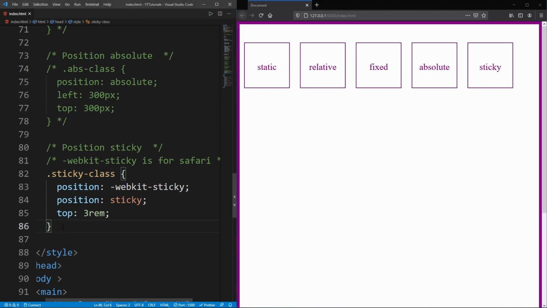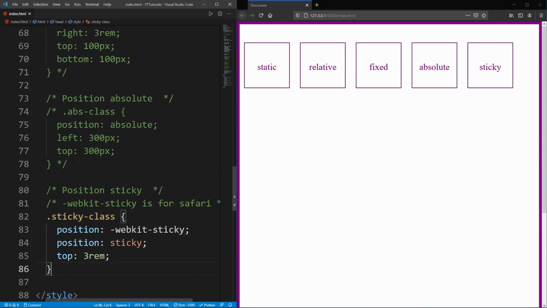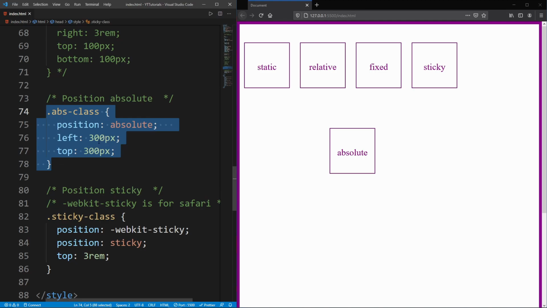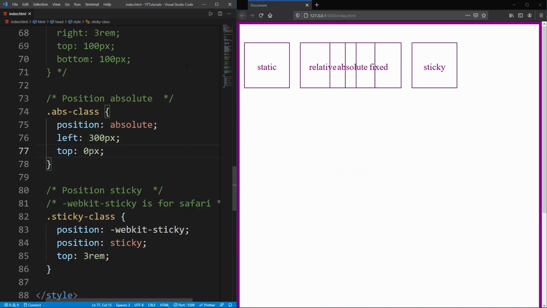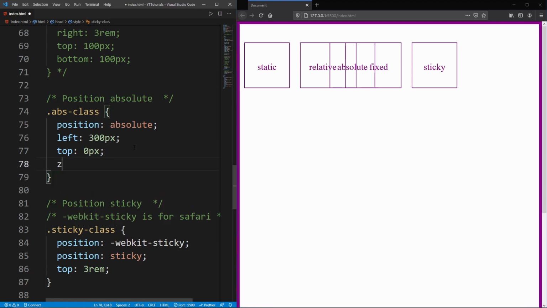And now finally, one bonus property that I wanted to add in this video is z-index. How does z-index work? Let's uncomment this, and as you can see here, now our absolute position changes. Let's do top and 0 pixels. Now as you can see here, all our values are mixed. When two elements overlap, how do we decide which element should be selectable? For example, if we want this current element, that is the absolute element, to be over the other elements, we can change its z-index to 1.